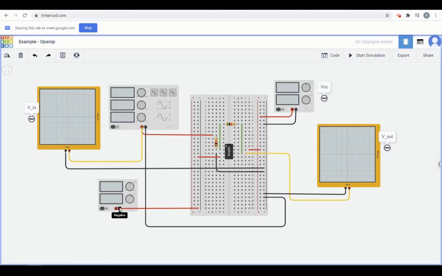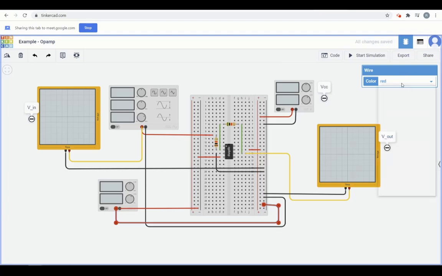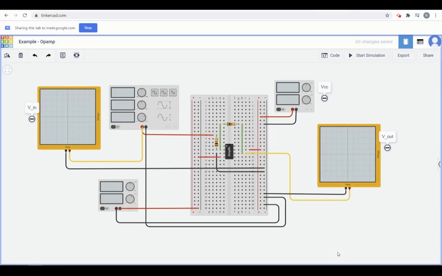I've connected the negative terminal of the supply voltage to VEE, and now the positive terminal of this DC power supply, I'm going to take it where? I'm going to take it to ground, right? And this is my ground terminal. I'm going to turn it black, and I'm done. Now my circuit is complete. Let me add a label that says this is minus VEE.